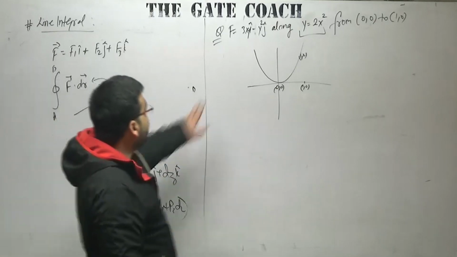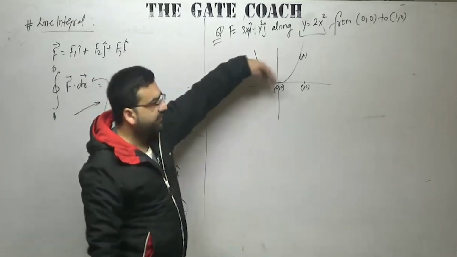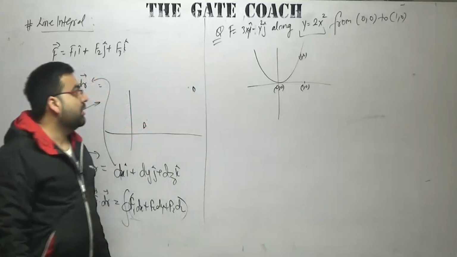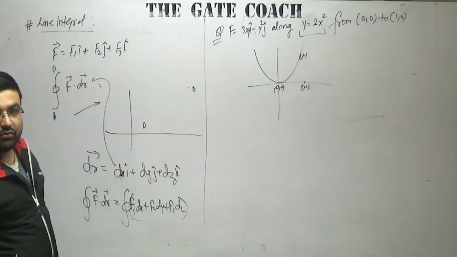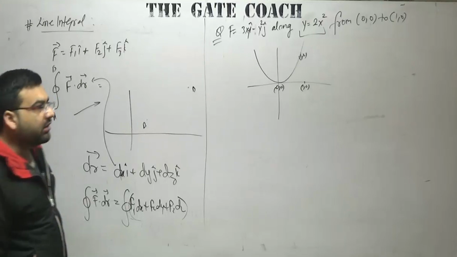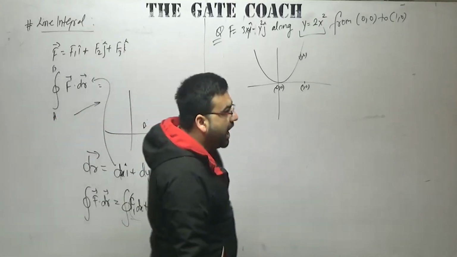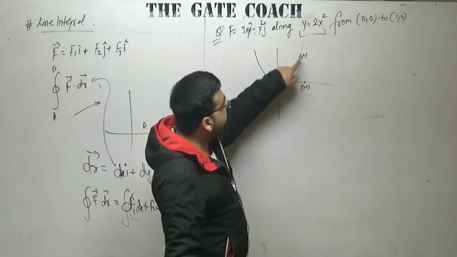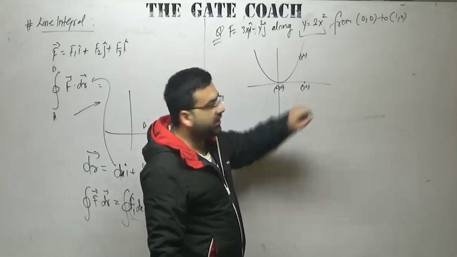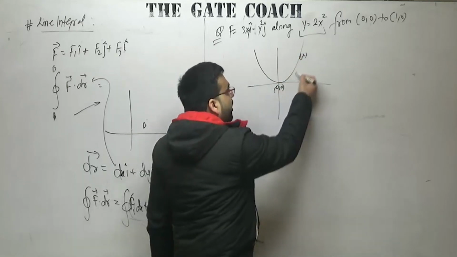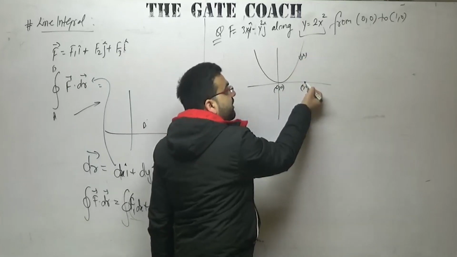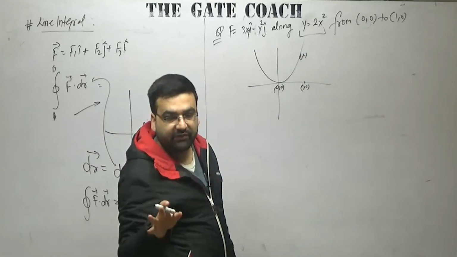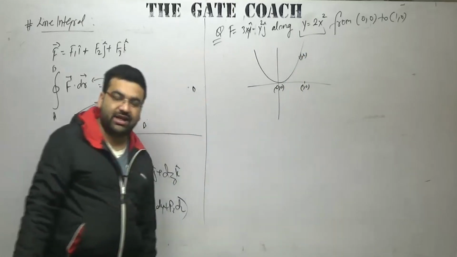Now what is the meaning of this? The meaning of this is that some vector field is given to you. It might be some electric field, it might be some magnetic field, whatever the field is, some field is given to you. Then we have to move a particle, it can be any particle, and we have to calculate how much work has been done in moving the particle from 0, 0 to 1, 0 along this route. How much work has been done in moving this particle in this particular field along this particular route. That is the question basically.